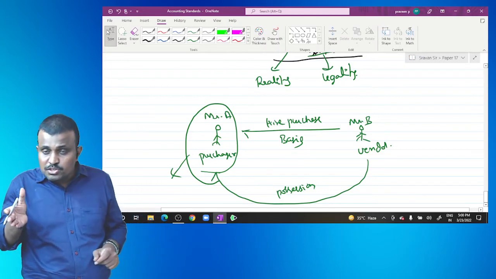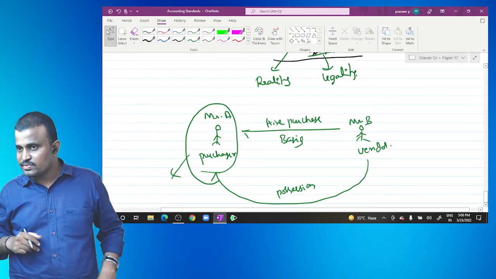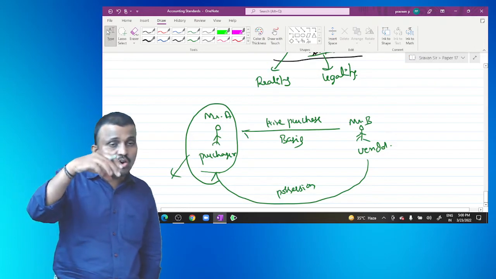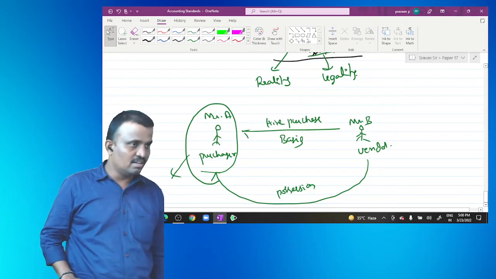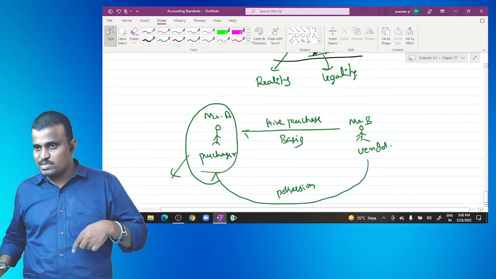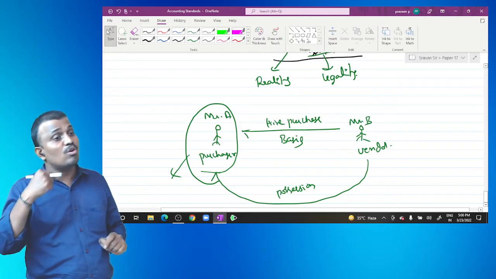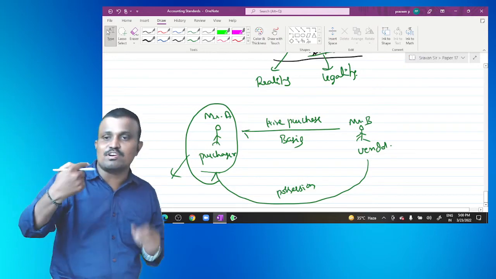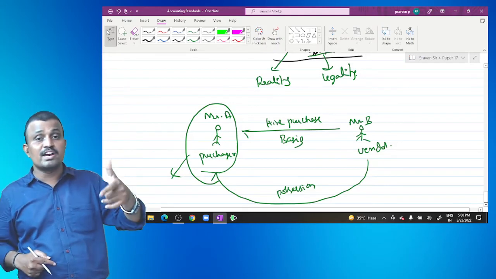So registration is not completed in the current year; registration is completed in the next year. But shall we consider the car in the current year as an asset? Yes, we can consider, because we utilize the car in the business. So here, incurrence of the transaction has more priority than the legal formality of the transaction.